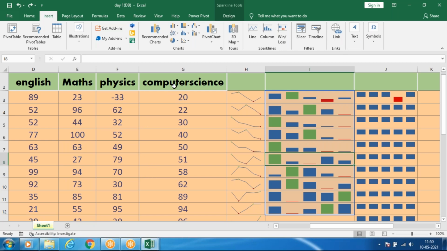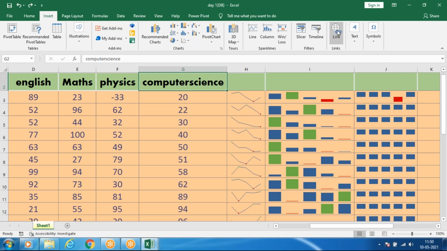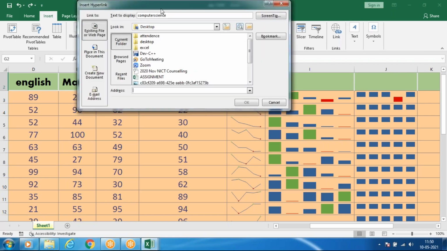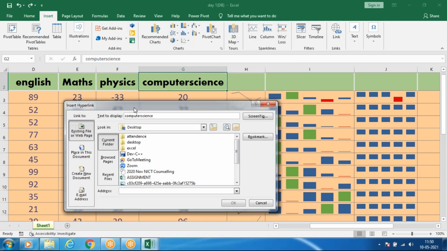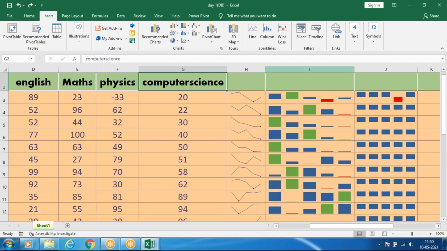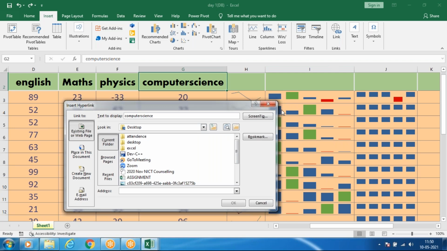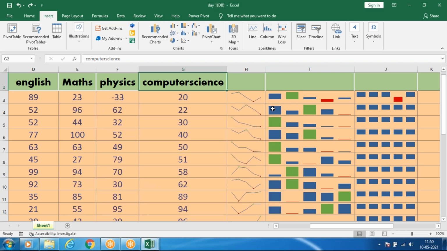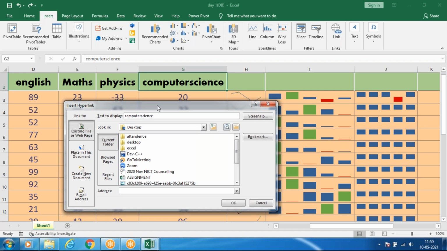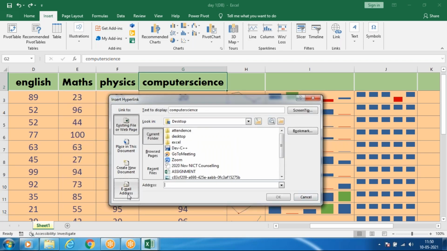So for example, if I click on this computer science, it has to go to some other website. Mostly we will use this in Word. In Excel, when you are giving some reference, at that time you can use links. Suppose I want to give links for your company website for more details. So at that time you can give links. So it will ask for an existing file. So Control K. If you press Control K, the hyperlink dialog box will come.